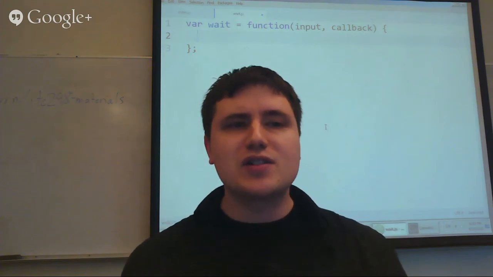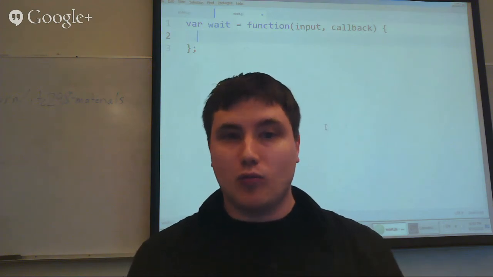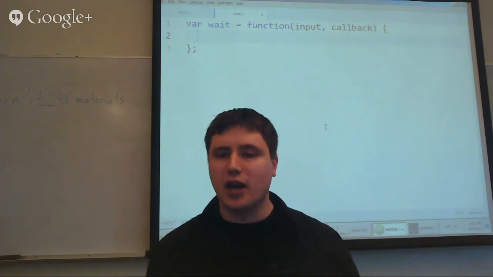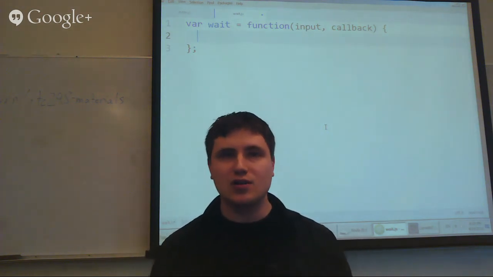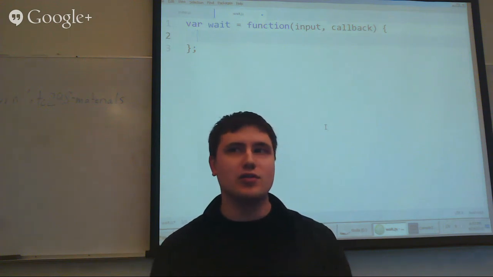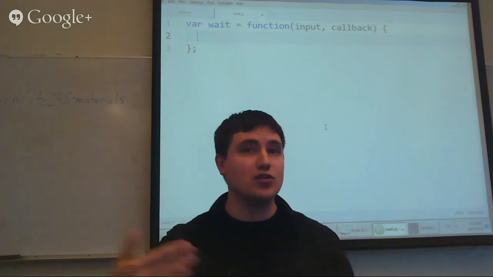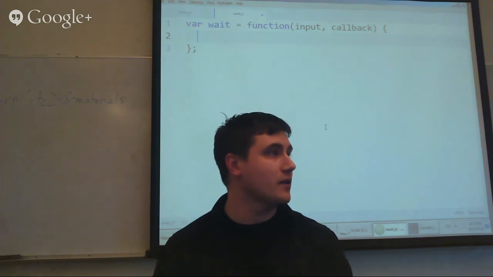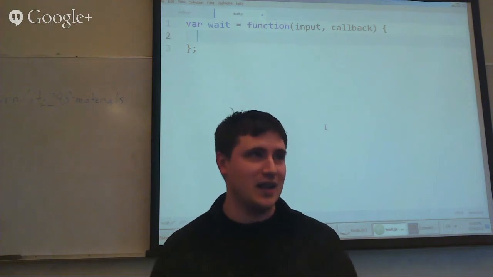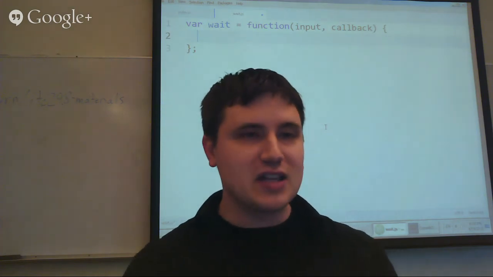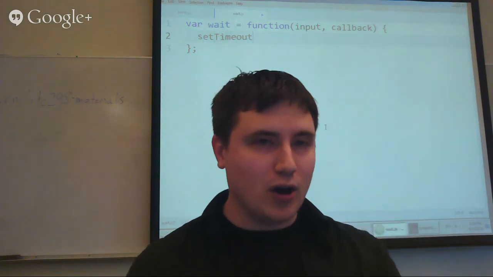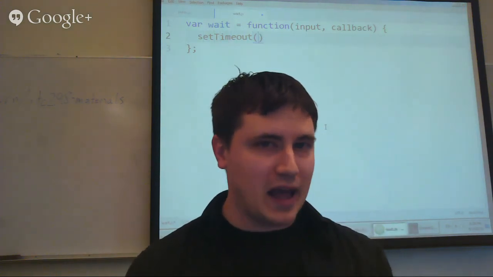Okay. So this wait function needs to wait before it calls back. If I need to wait in JavaScript, whether that is the browser or here in Node, who can tell me what it is that I use to tell the script to resume after a certain amount of time? Huh? Break. Not break. Set timeout. Yes, thank you. So we're going to use the setTimeout function. And setTimeout takes two arguments. The first argument is a function